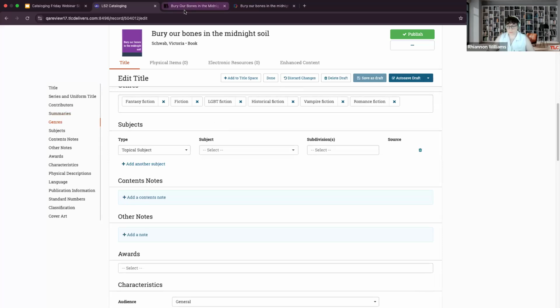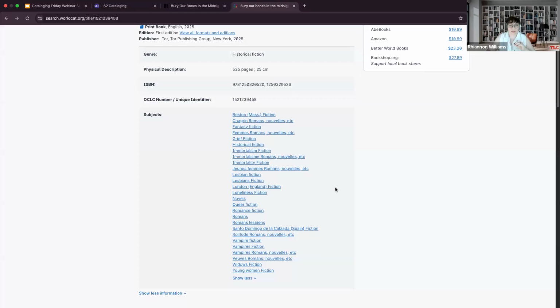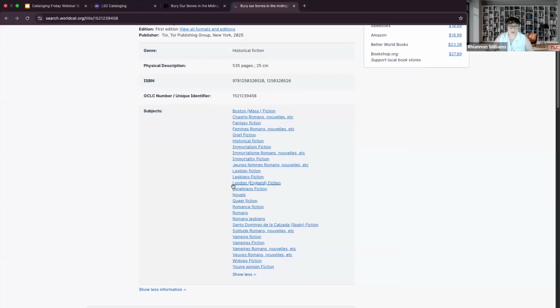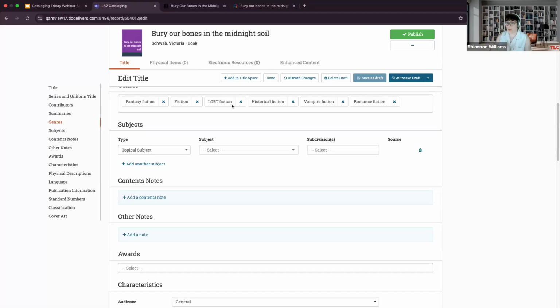I do know from the little bit of the blurbs I've read and by looking at some of the subjects here that it looks like there's information about it being set in London, and also some in Spain and some in Boston. So we can add a bunch of geographic subjects in here, which can be very helpful if someone's looking for fiction set in Spain or fiction set in London. They can find those. So I'm going to go ahead and add